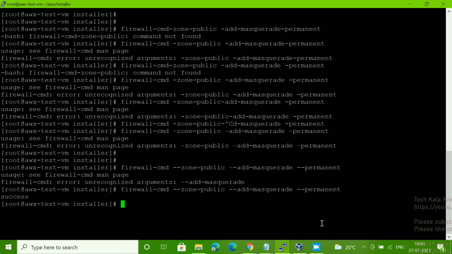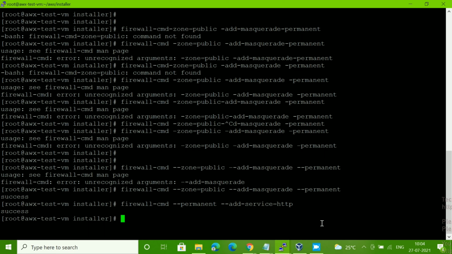Now second, we have to enable again: firewall-cmd --permanent --add-service=http.